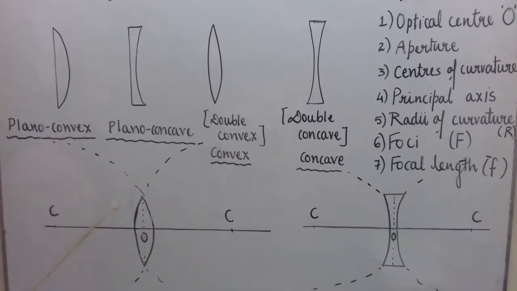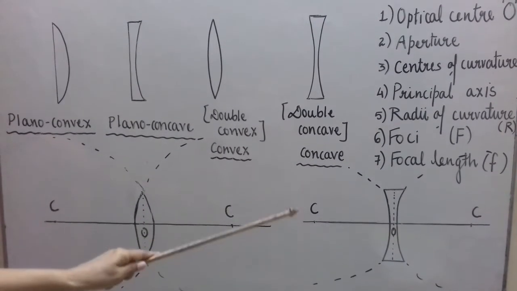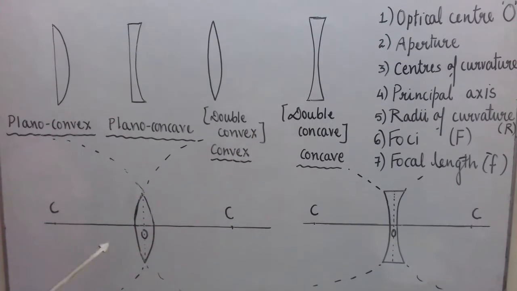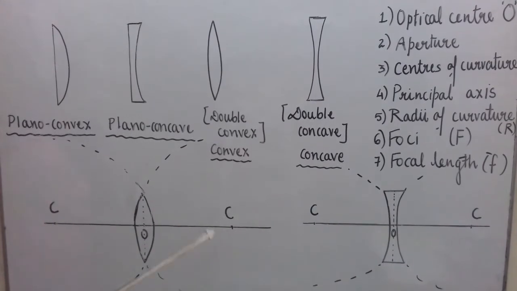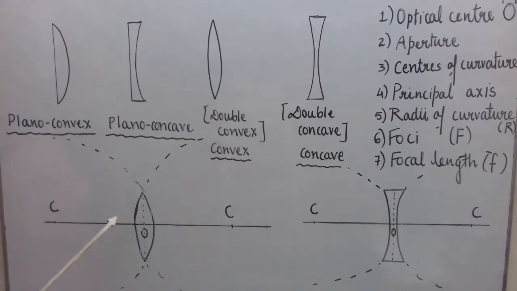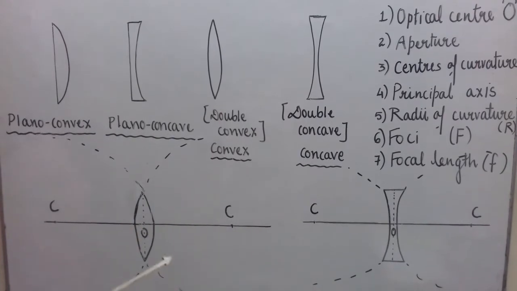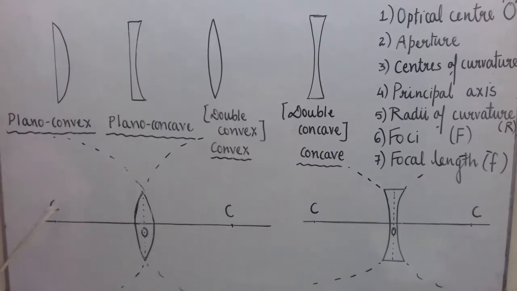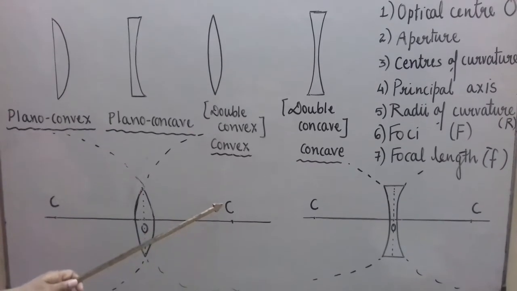So overall, here it was a solid glass sphere. Here we are just simply saying the center of the sphere. So overall, the centers of curvature of the lens are the centers of the spheres of which the two refracting surfaces form parts. Every lens here, convex or concave, has two centers of curvature, and usually we should use the letter C to represent it, but we will be using some other letter. I'll let you know soon.